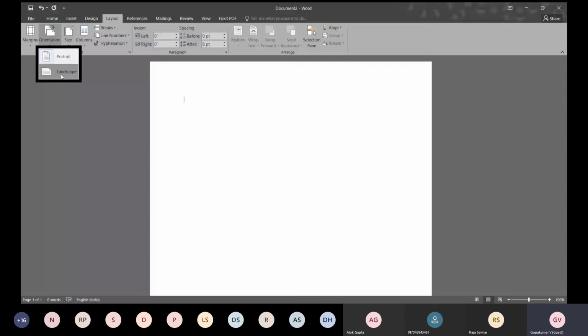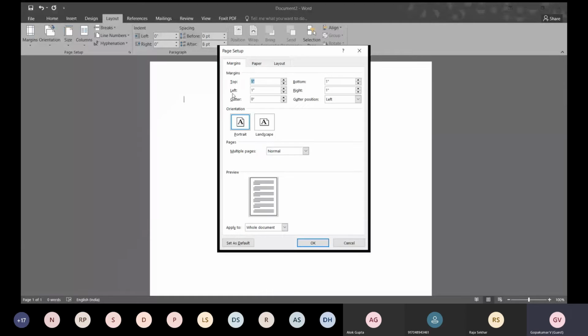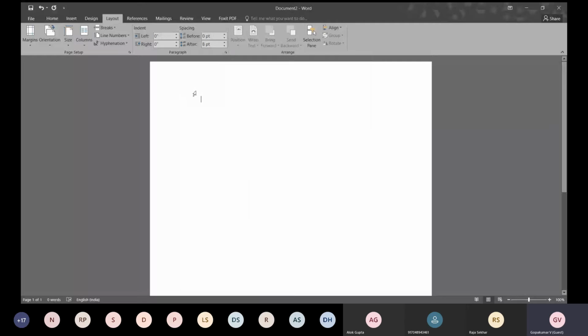And then comes the margins. What should be the margin for your research report? If you are going to type it in MS Word, go to custom margin and see here it is 1 inch on all sides by default. But you won't get enough space for binding. So increase this to 1.5 and keep it okay, so that you are getting enough margin space on the left hand side. Right hand, top, all these things are okay.